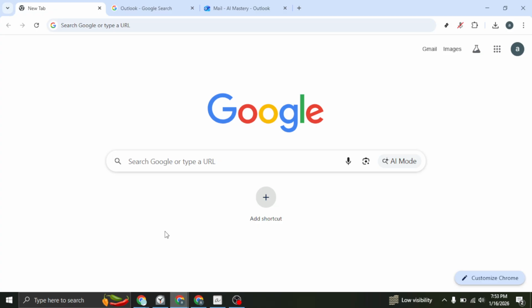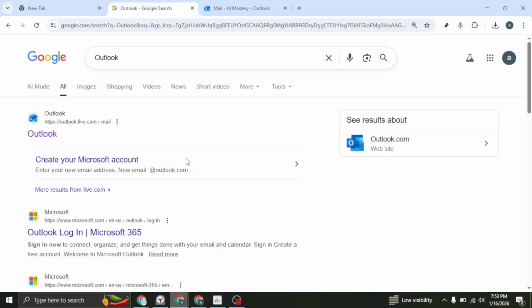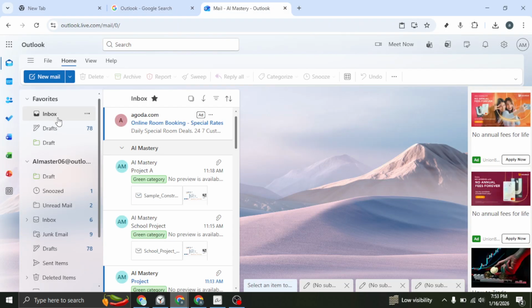Start by opening your web browser and heading to Google. In the search bar, type Outlook, then press Enter. From the results, click the official Microsoft Outlook website. If you're prompted to sign in, go ahead and use your Microsoft account so you land on your Outlook inbox